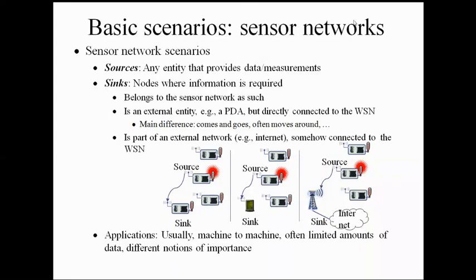So let us see the image here. Here the source node is a node which detects that particular event. The node which wants that information is the sink node. There are different types of sink node: it may be a node itself, or you may use a personal digital assistant (PDA), or it may be a base station, whatever it may be. So your end users or sink nodes may be of different types.